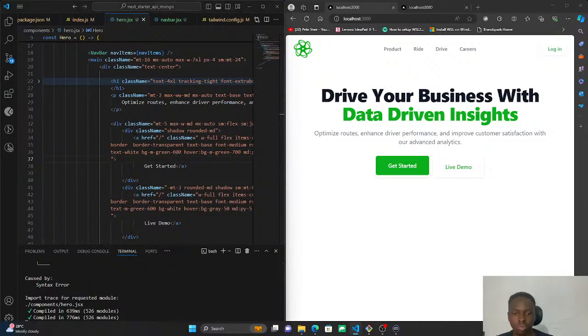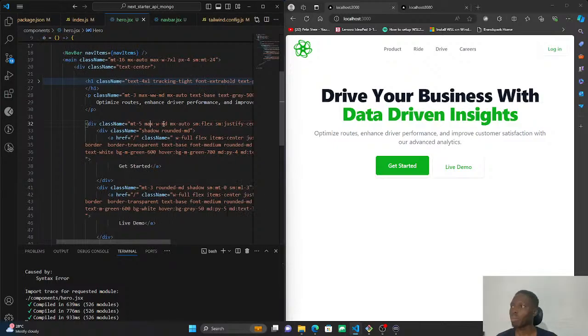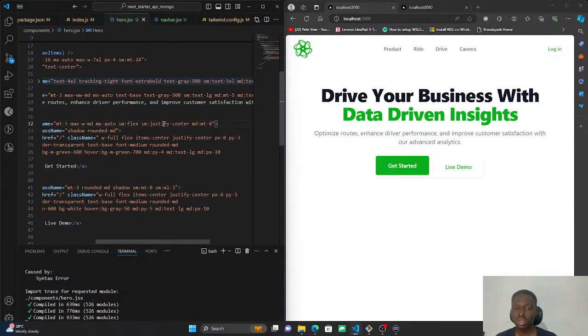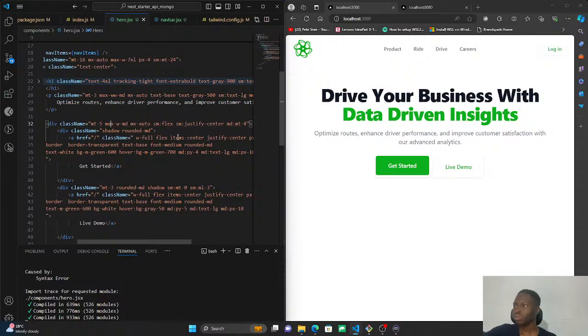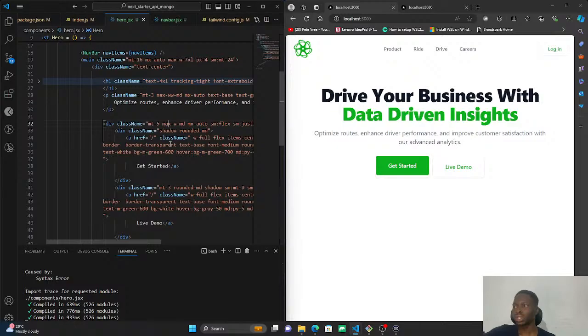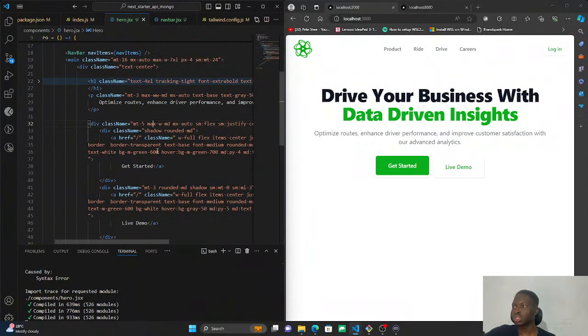Let's see. Okay, so we have our margin top 5, max width, MX auto, SM flex, SM justify center, MD margin top should be 8, shadow, rounded, the width should be full, flex, items center, justify center, PX8, PY3, border transparent, text base, font medium, rounded MD, text white, BG, which is that,